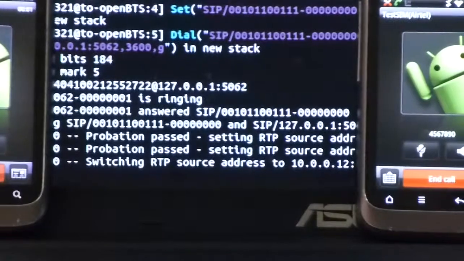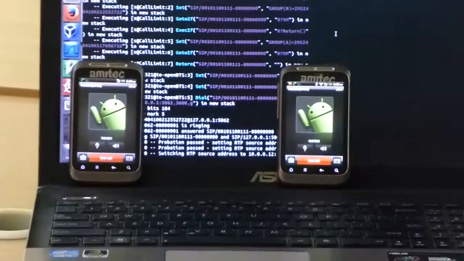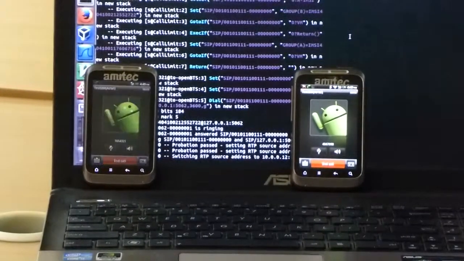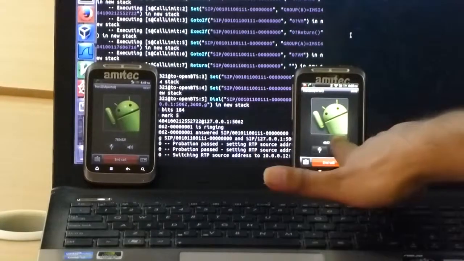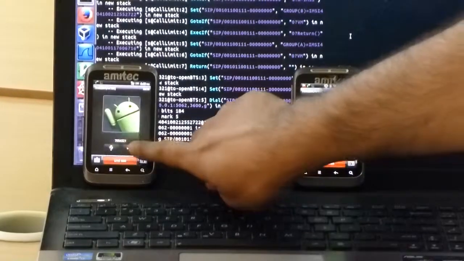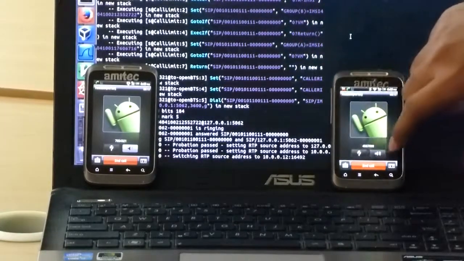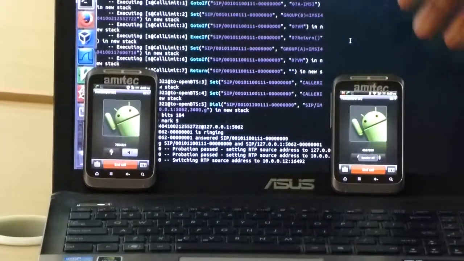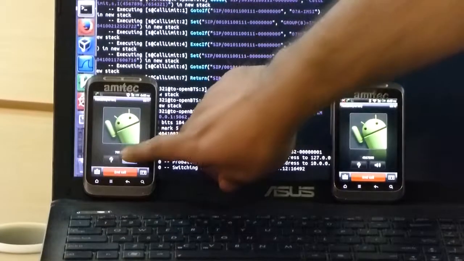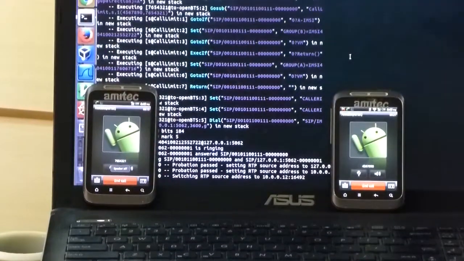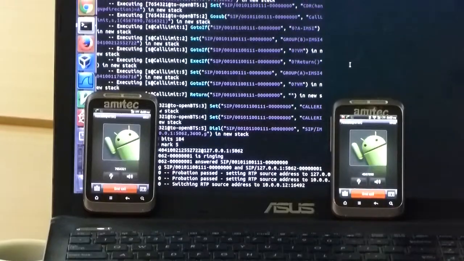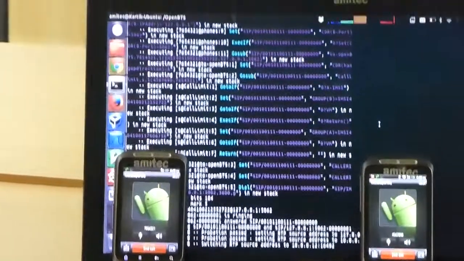If I answer this call, at the back end the entire network level protocol of the GSM can be accessed, how call switching and call handling is happening. If I put both of these phones on speaker, this is a basic demo of how a call is registered on our own network, with all of these parameters configured.